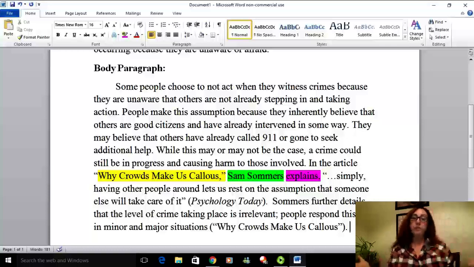Now, if this was an actual paragraph, I couldn't just stop here. I need to continue this. One of the things that I'm missing from this actual paragraph is some more specific examples. Now, I mentioned the idea of calling 911 or going to seek help earlier. That is an example, but it's not particularly specific. Now, I just mentioned the idea that Summers came up with, which is that the actual level of crime doesn't really matter. People still make the assumption. So maybe I want to provide some examples of that. For example,